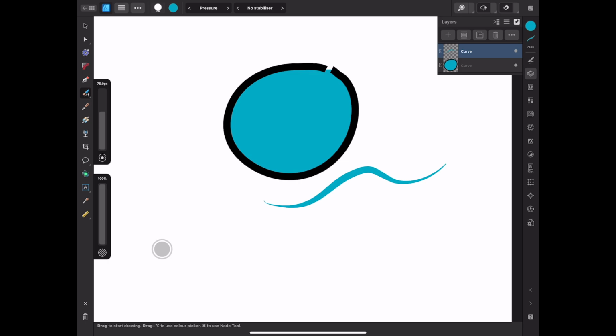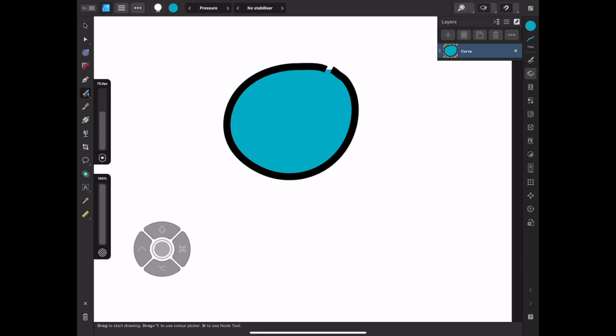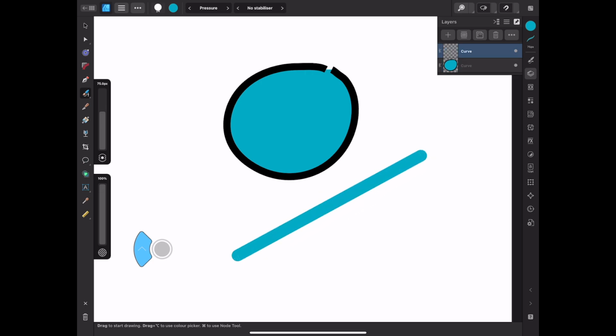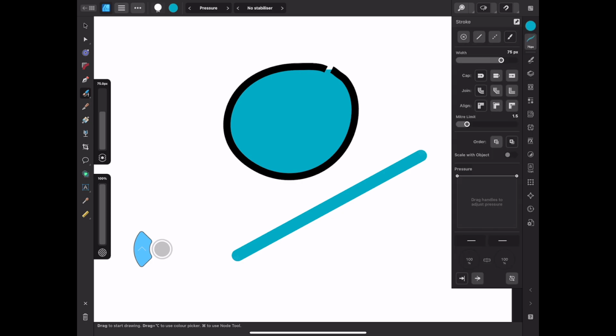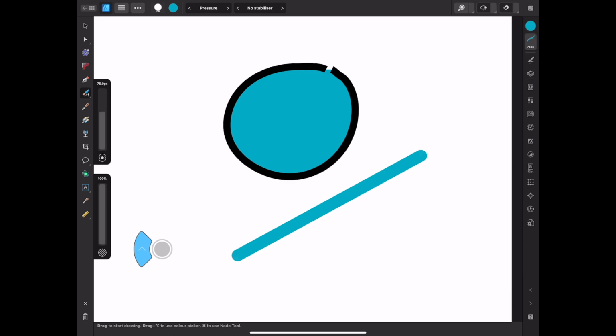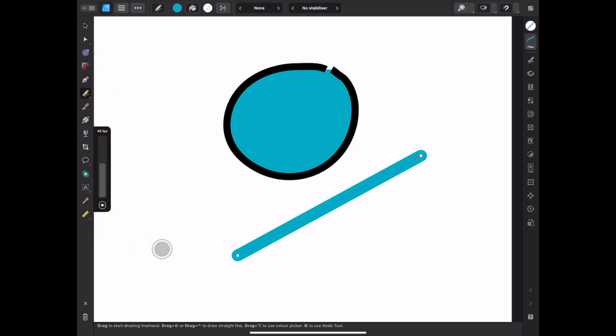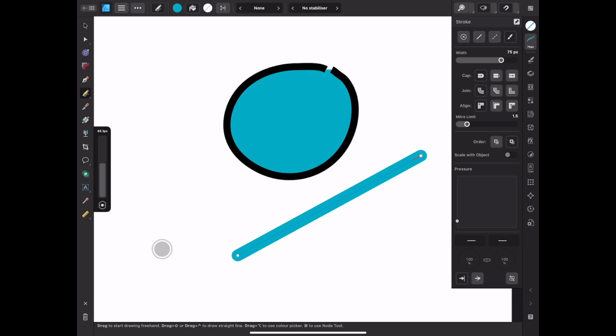Super useful. With the brush tool as well, you can draw straight lines, but again, pressure information is ignored, right? So I would say that this one, even though you can use it with the brush tool, the only difference is, for example, look at this. While drawing curves with the pencil tool,